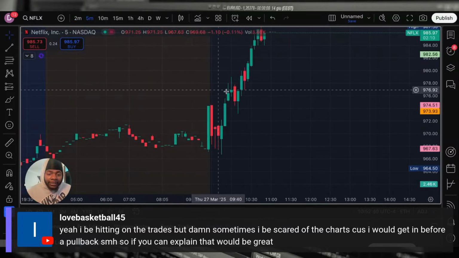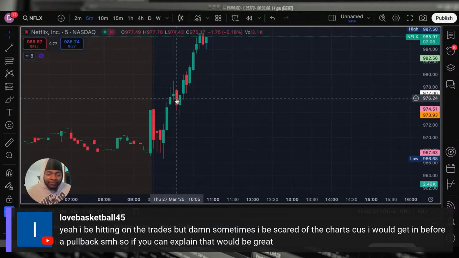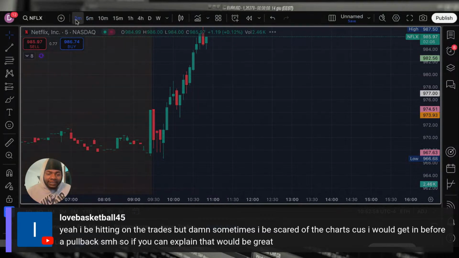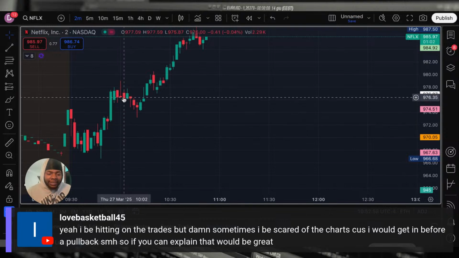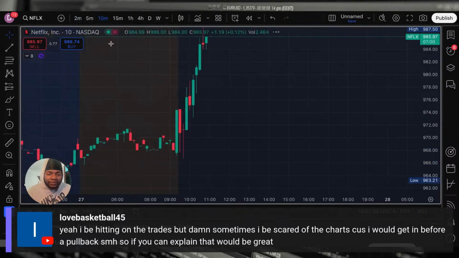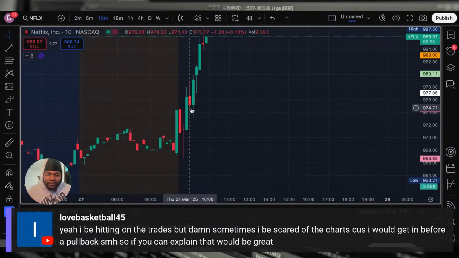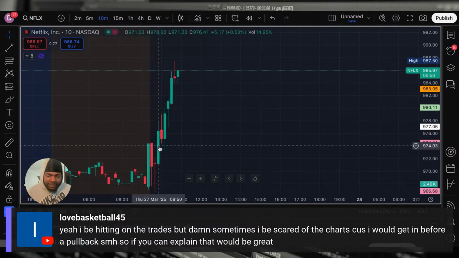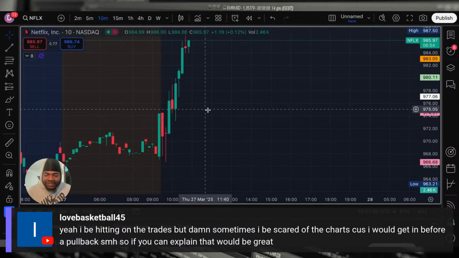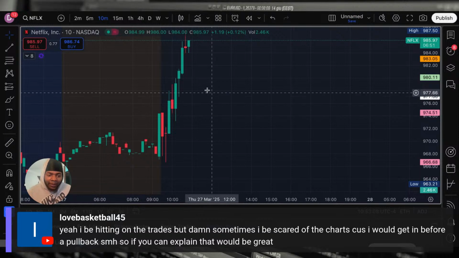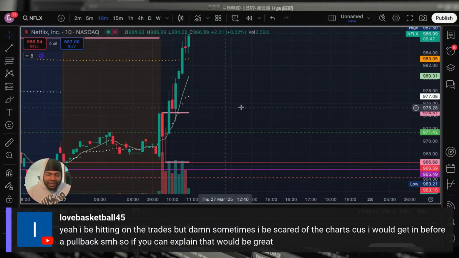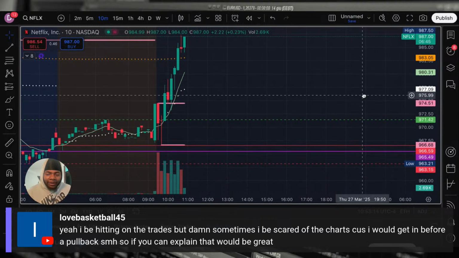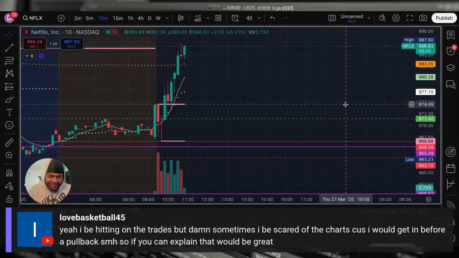So right here on the 5-minute chart, we would have seen this breakout because I wouldn't have seen nothing on the 2-minute. Nothing happened in the 2-minute until 10 o'clock. So when I went to 10 o'clock, we would have been right here. So 10 a.m., I would have seen what? This candle right here. So we still probably wouldn't even have seen the pullback. But we have the ORB. See that? So now we got the ORB to help us. You get what I'm saying?